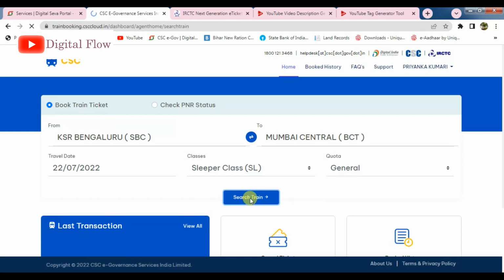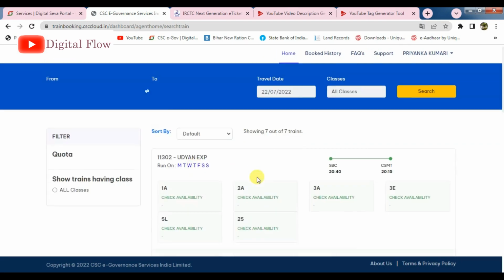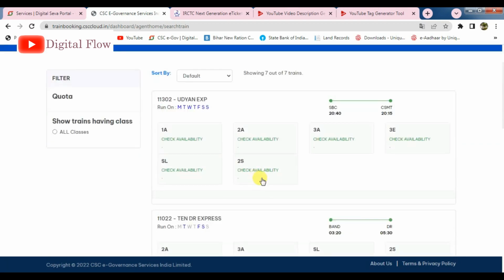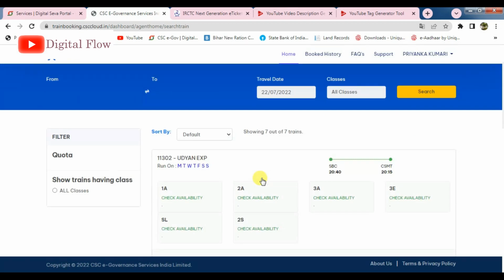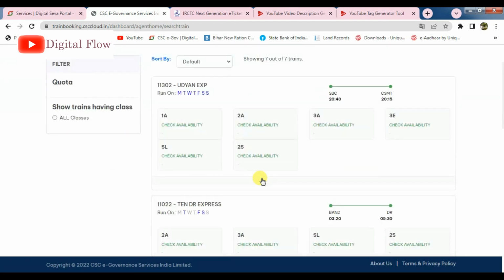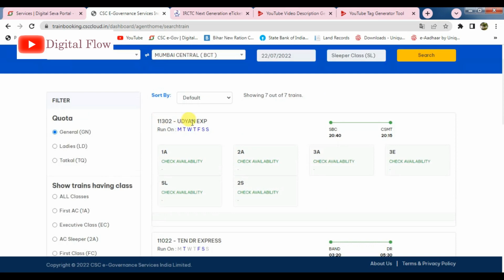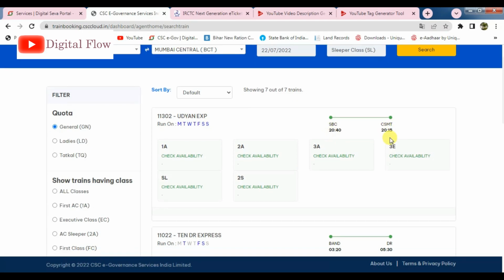Here all trains between the stations will show, with train number, train name, start timing and end timing, meaning the time the train starts and the arrival time. Here is the run-on, the first letters of the 7 days.